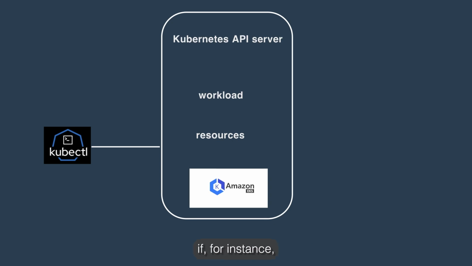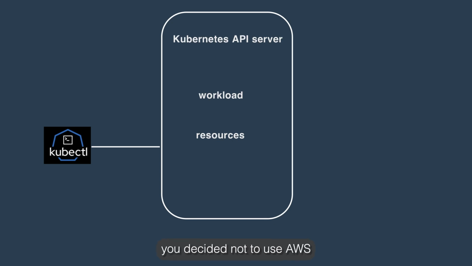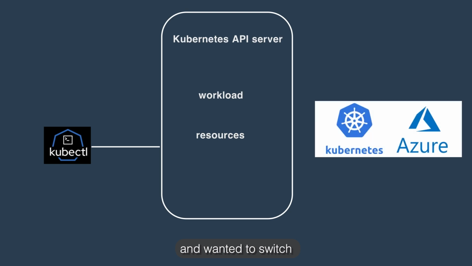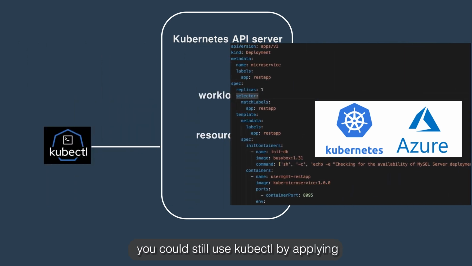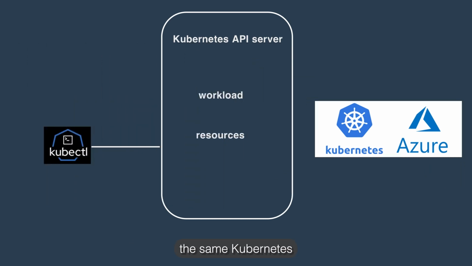If, for instance, you decide not to use AWS and want to switch to Azure's Kubernetes, which is AKS, you can still use Kubectl by applying the same Kubernetes YAML files,